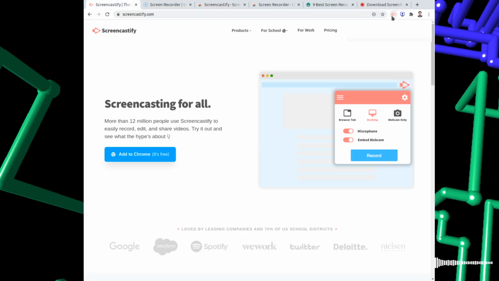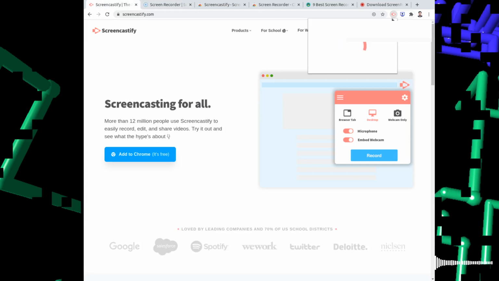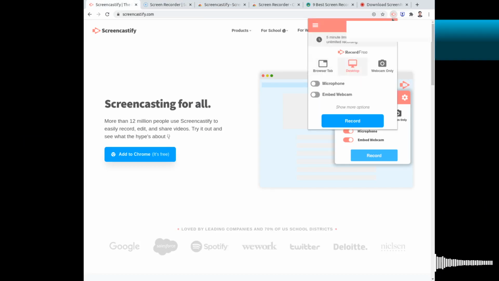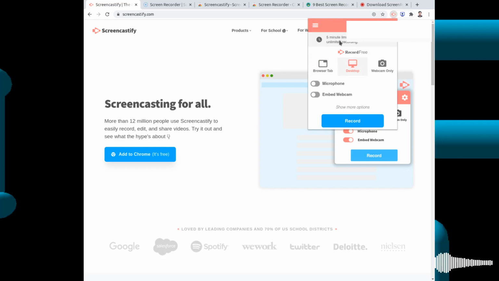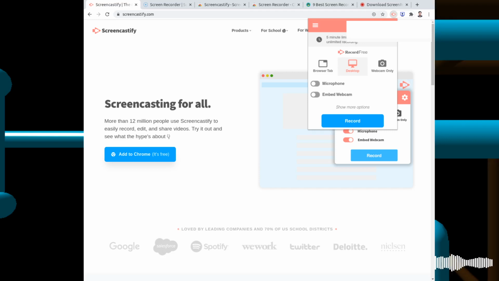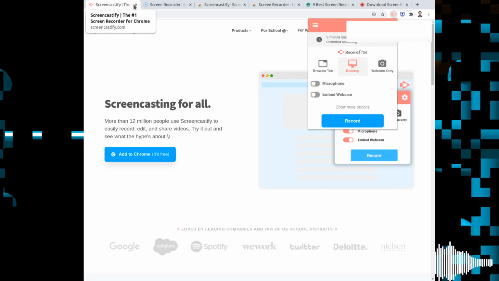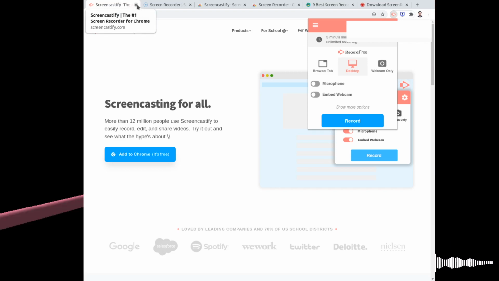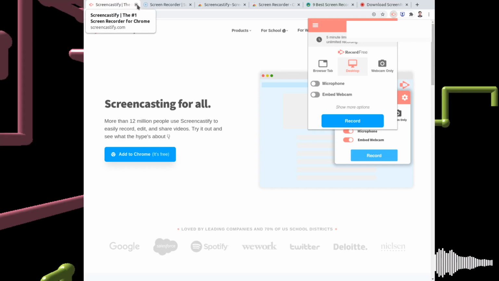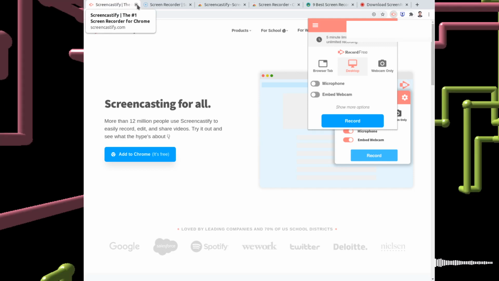And if you can see here, when I click on the plugin icon on the top navbar, it limits us to a 5 minute limit per video, and if you want more than that, we need an upgraded account. So this plugin won't be very handy for day-to-day activities where our recordings might range from 10 to 15 minutes.